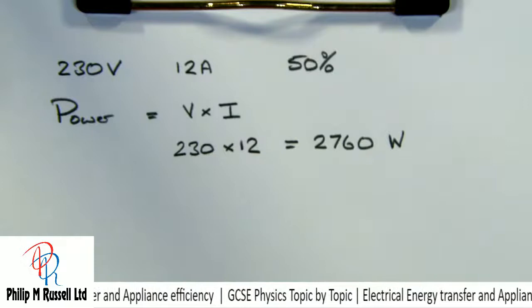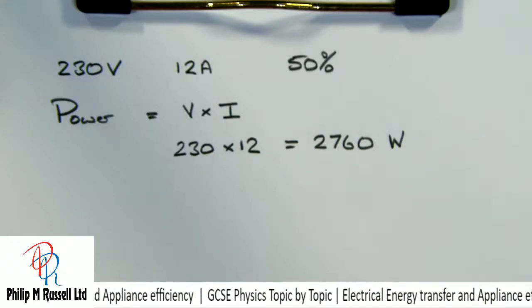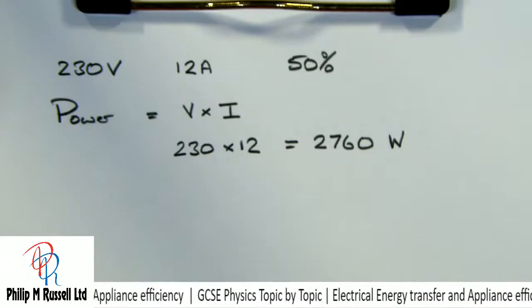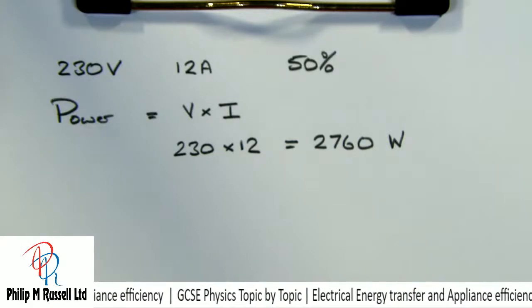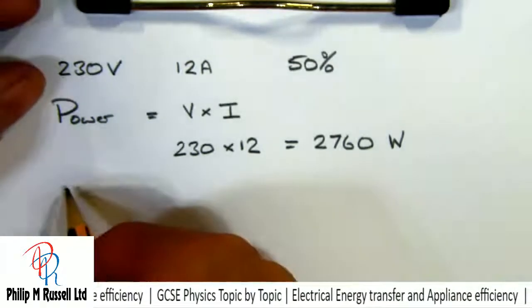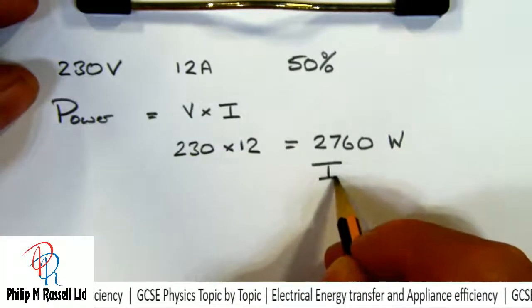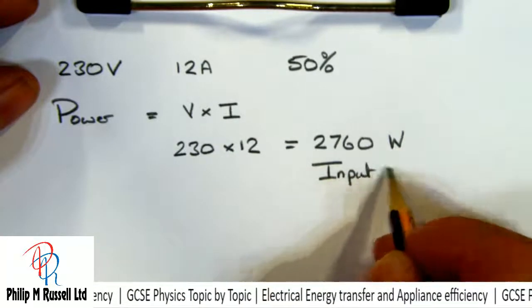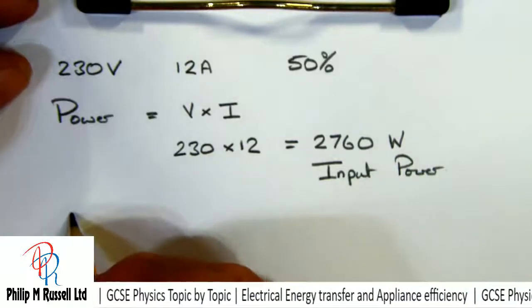So we've got the number of watts. Now, if we've got a machine that's only 50% efficient, then if I'm trying to work out what this will be, that is the input power. Our output power